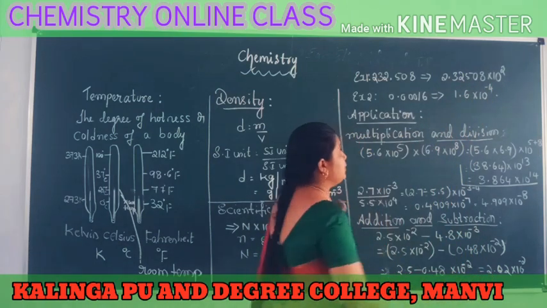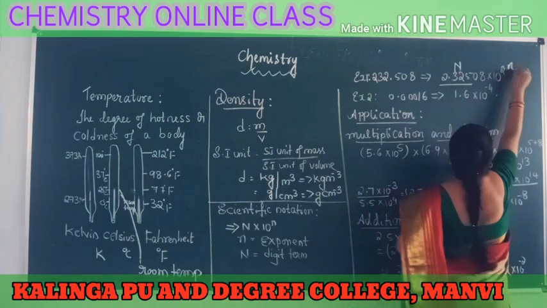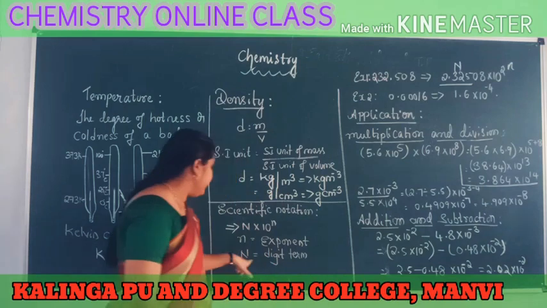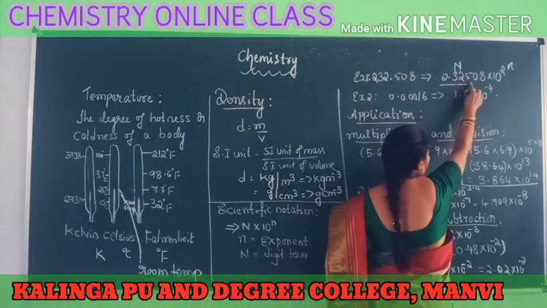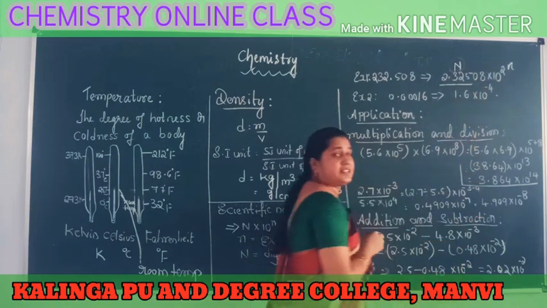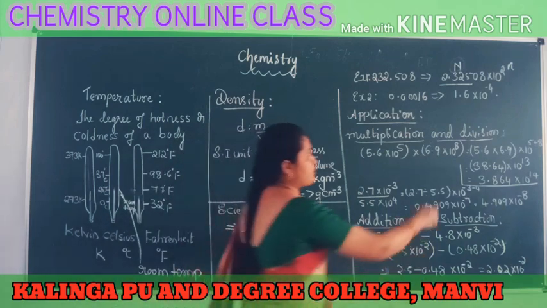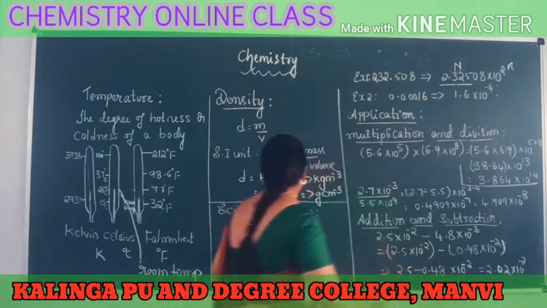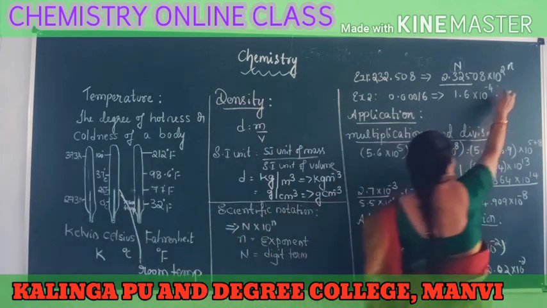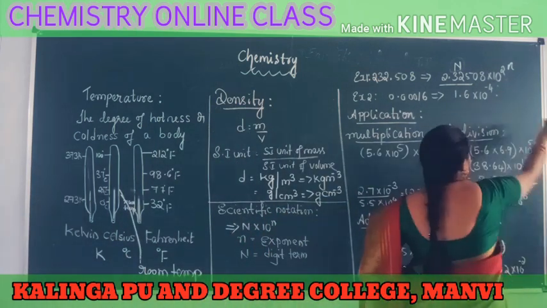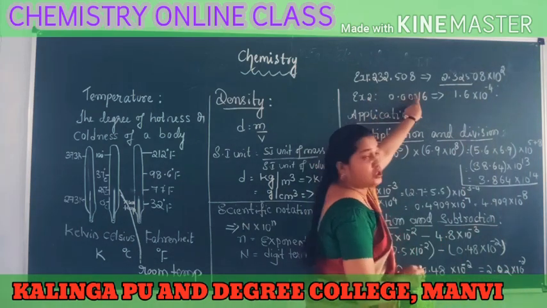You can see here also 10 is there, into power small n. Small n stands for exponent term. What is the exponent term here? 2. So see here how you write this value. 232.508. In this value we are moving the decimal point, we are shifting it to the left side after 2 numbers. 2, 3, after that we are shifting it after 2 numbers. So after shifting the decimal point to the left side 2 places, that can be written as 2.32